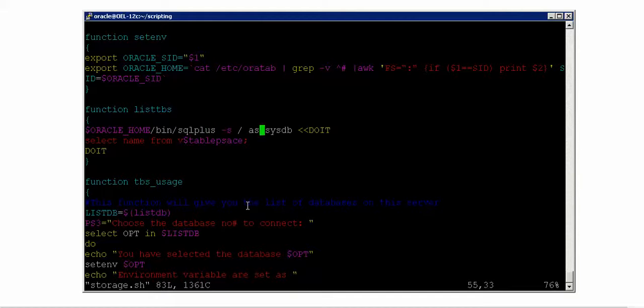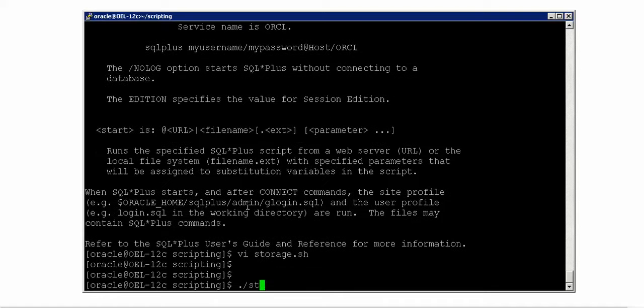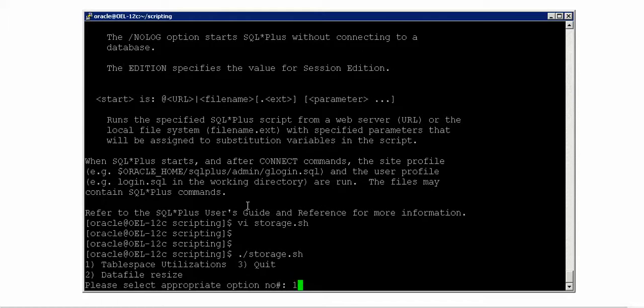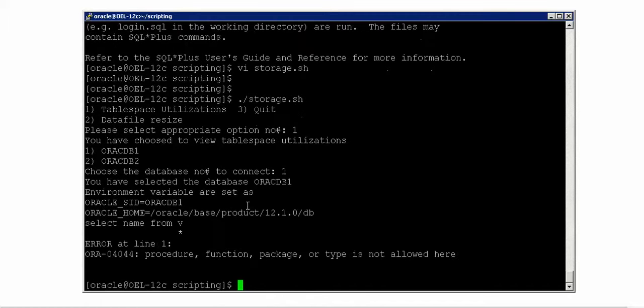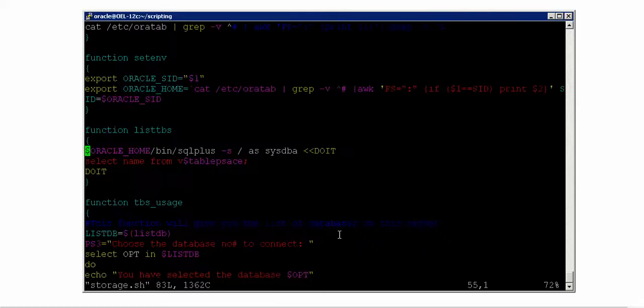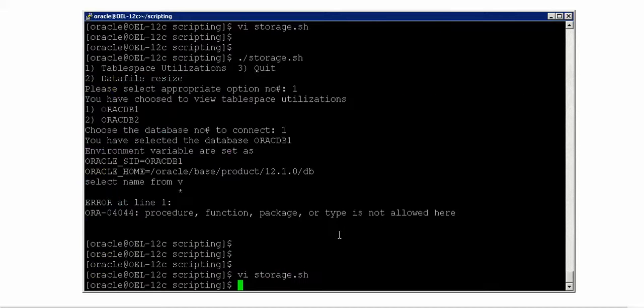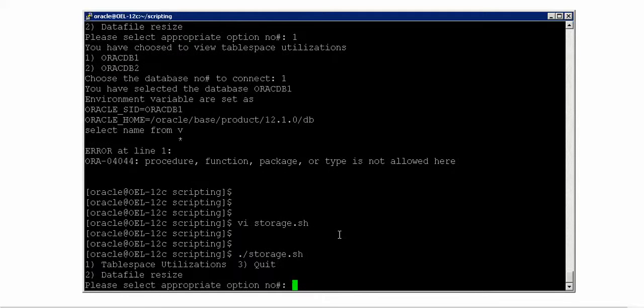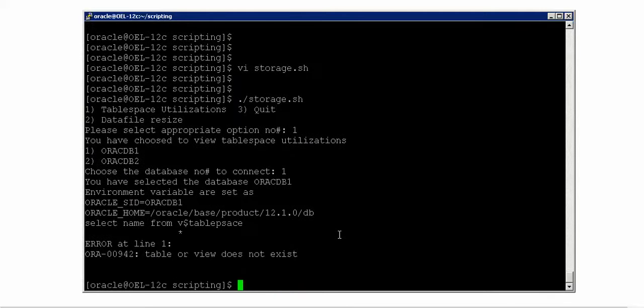Now I should say here SQL plus, not only, I think that is not the problem. I should say sysdba. Sorry, A. That's the problem. So now let me execute and see now storage. So first option, it's first database, and it is saying, okay, that's fine. It connected to the database, but it is saying that because you use dollar, dollar will be replaced with the variable name, right? So that's the reason we have to escape that dollar. To escape the dollar, as I said in the scripting language, backslash should be used. Now you see, perfect. First one, first database.